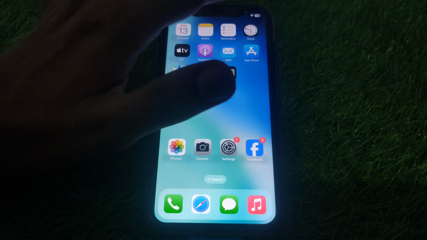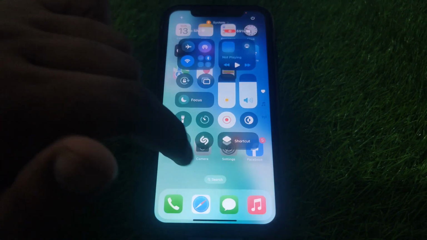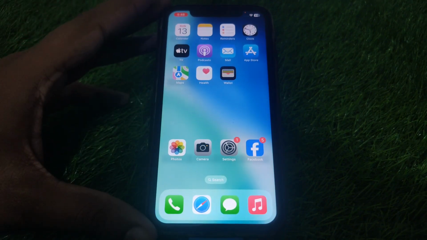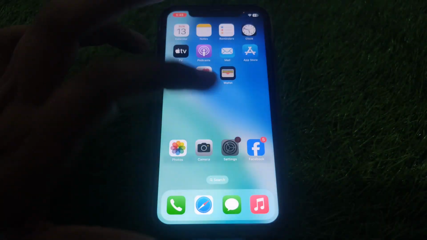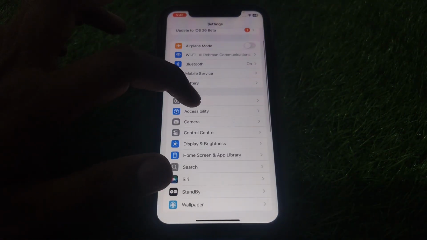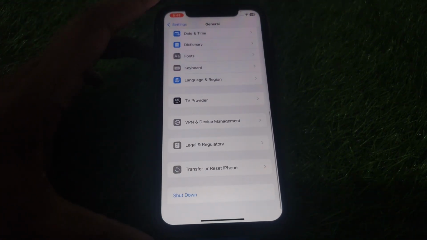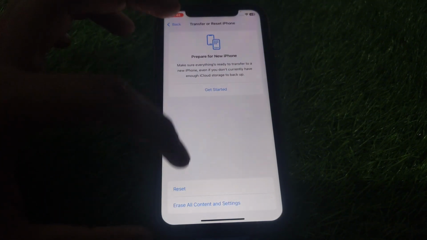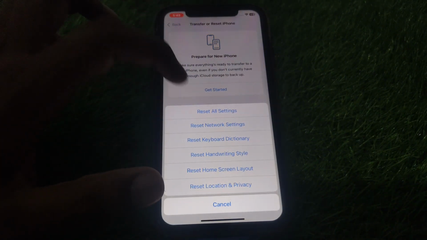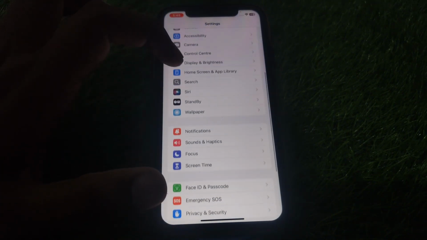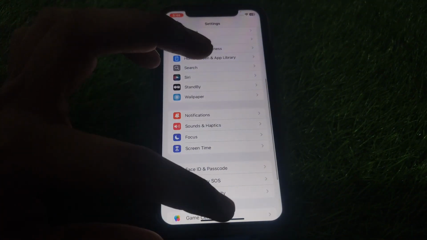So first of all, you have to make sure that you are connected to a proper Wi-Fi and internet connection. After that, you have to simply click on Settings, and after that go to General, and scroll down, and here simply click on Transfer or Reset iPhone, and click on Reset, and reset all of your network settings. And after that, you have to simply go back,